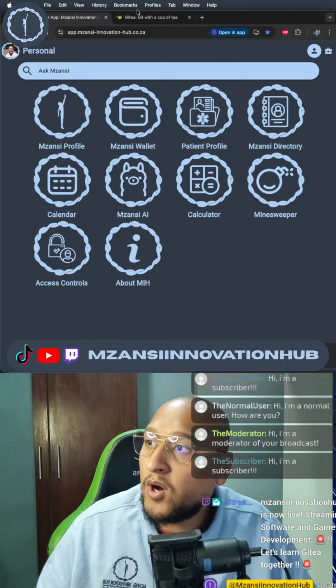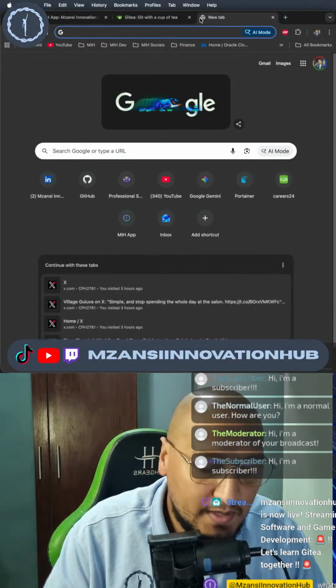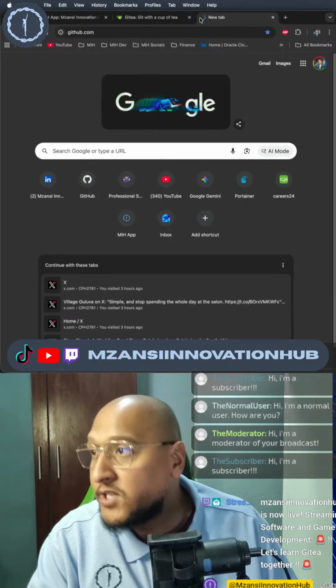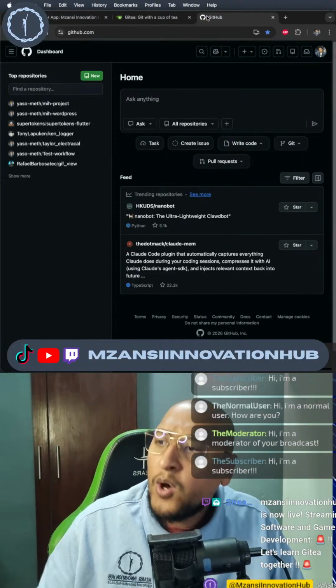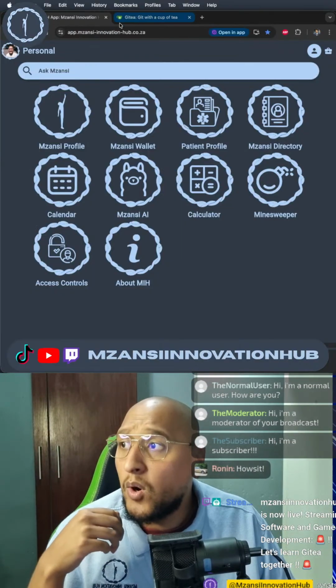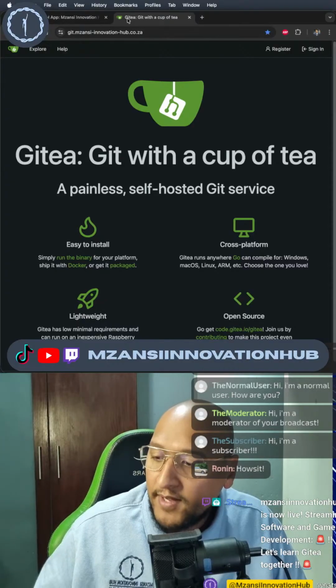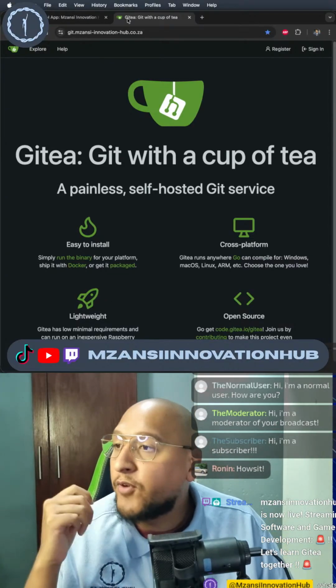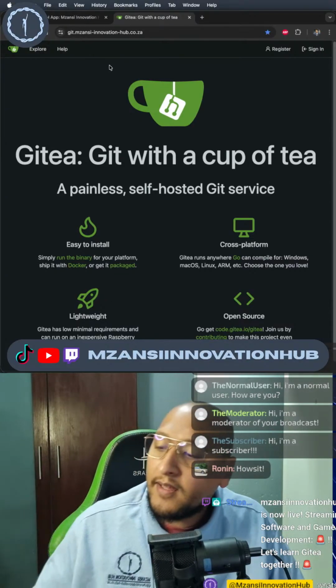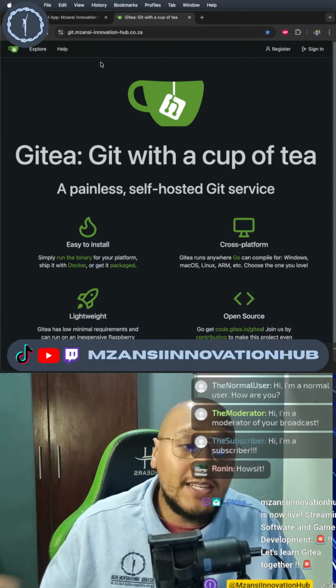Instead of going over to GitHub and searching for the MIH project over there, what you would do is you would go over to the MIH Git server. And from here, you can either, if it's your first time logging in or your first time accessing the website,